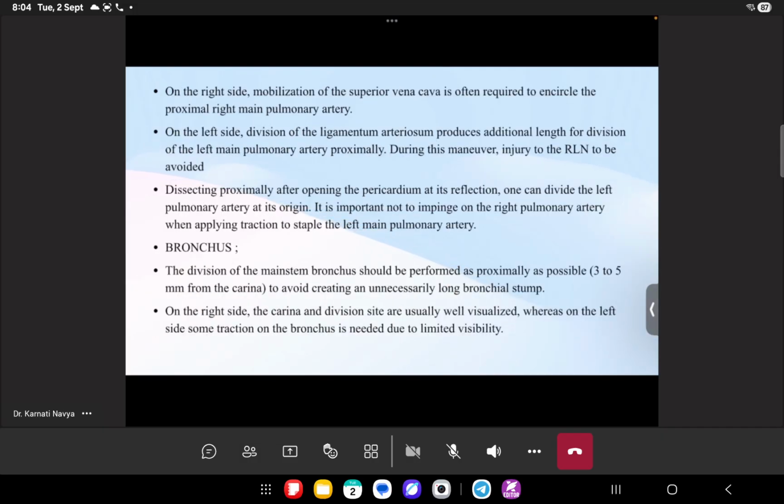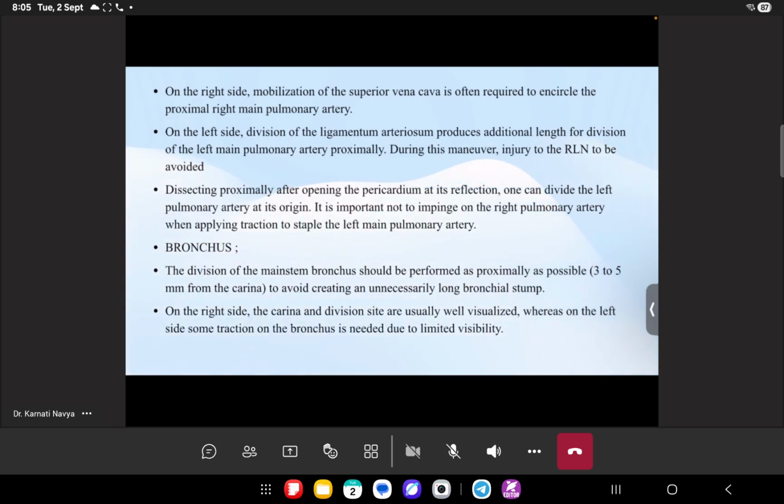On the right side, mobilization of the superior vena cava is often required to encircle the proximal right main pulmonary artery. Whereas on the left side, the division of the ligamentum arteriosum produces additional length for division of the left main pulmonary artery proximally. During this maneuver, injury to the left recurrent laryngeal nerve is to be avoided. Dissecting proximally after opening the pericardium at its reflection, one can divide the left pulmonary artery at its origin,